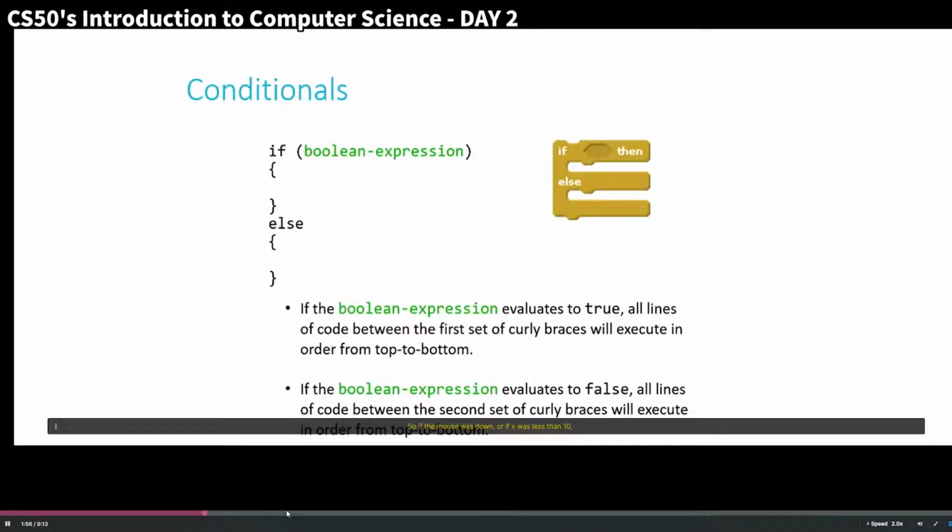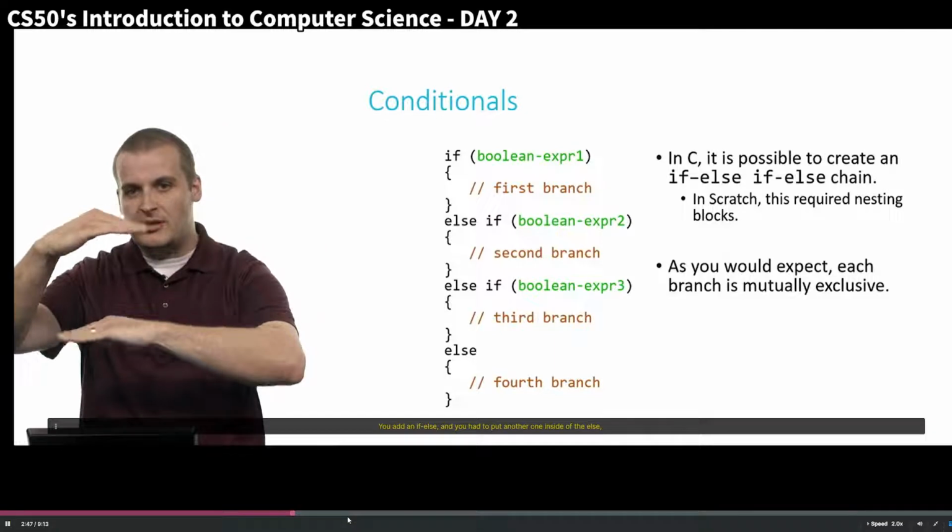Two different paths based on what happened. So if the mouse was down, and if else, and then you had to put another one inside of the else, and so on and so on. It got kind of